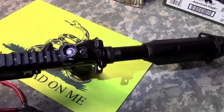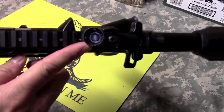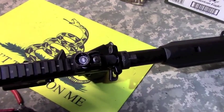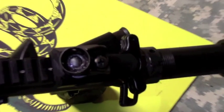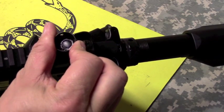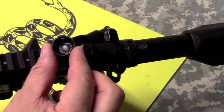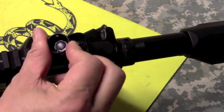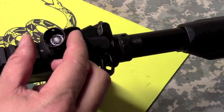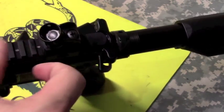So I'm going to turn on this little light here, and see this little drum? Inside you're going to have basically a button in the center and an outer ring. And when you spin this sight, the outer ring that's just right outside of that round button spins with the drum. So what we're trying to do to adjust is we need to disengage the outer ring, so it doesn't spin with the drum. And how to do that is when you look inside here, you'll see,